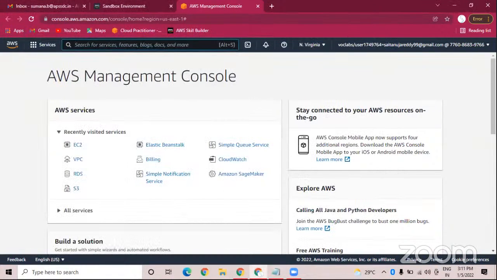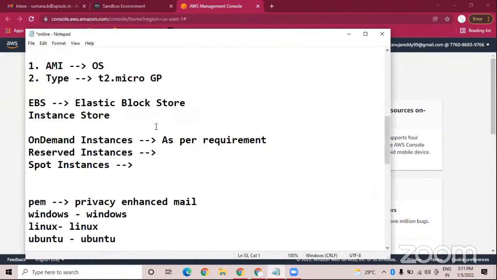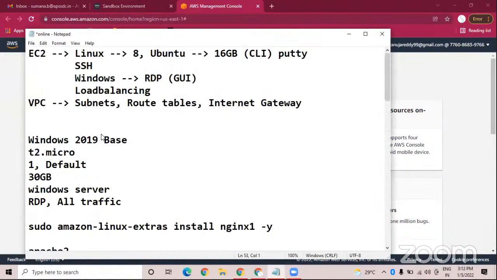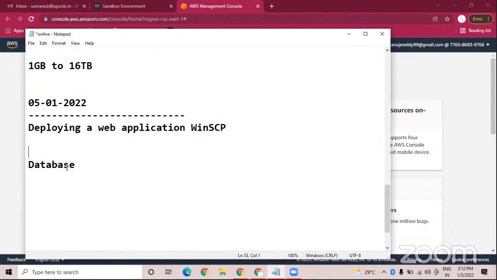So in previous classes, we have learned how to launch instances, right? In today's class, after launching an instance, we'll see the virtual server of Ubuntu or Linux. For this, our requirements are,